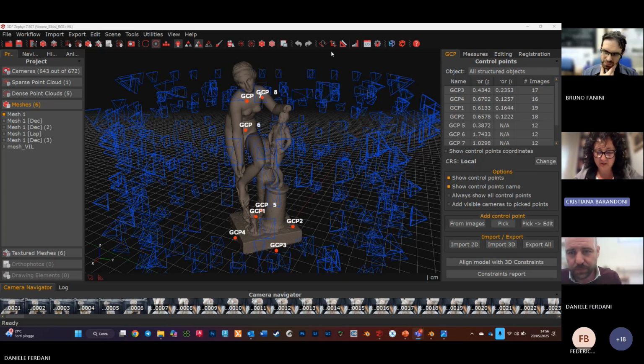Let me add something about the environmental condition. We had to move the statue many times to do the photogrammetric campaign and the diagnostic campaign. But one of the main issues inside the museum is that normally it's not that easy to move statues to have a perfect environment to do